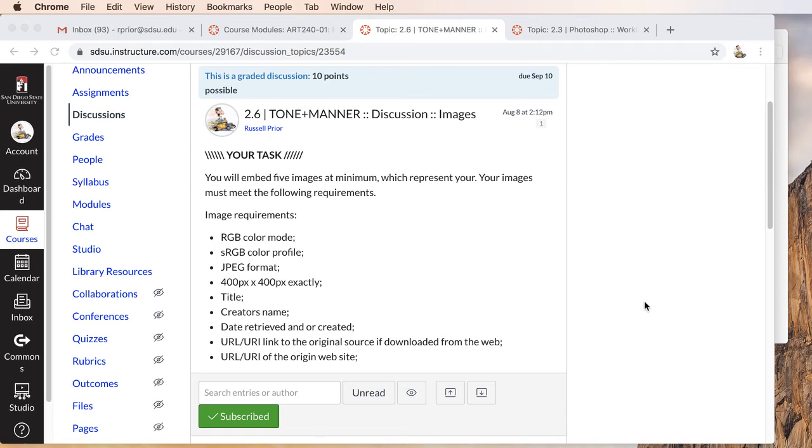When you began your research for images for the tone and manner exercise, I asked that you capture or cite the following. If the content is not original to you, something that you created, then you need to have the following. Okay? Of course, the title, the creator's name, the date retrieved or created, and then this next one's very